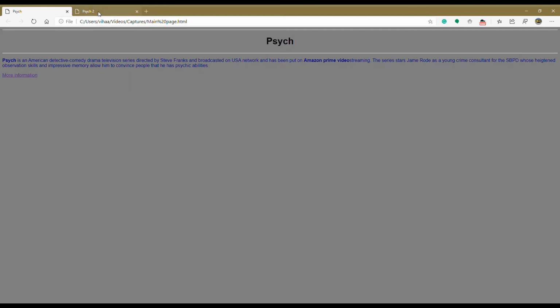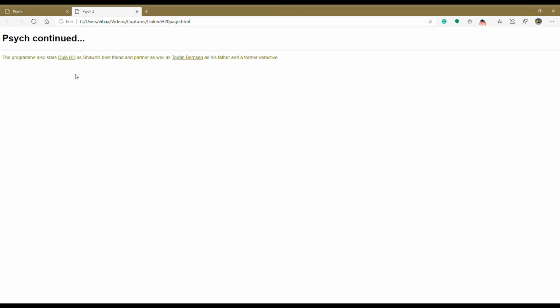So let's see the second page which we have linked. Now I'm just going to open it and show you, and later we'll open it through this href tag we used. So here we had just put an HR after the heading, so it's just there after the heading, and you can see there is other editing as well.